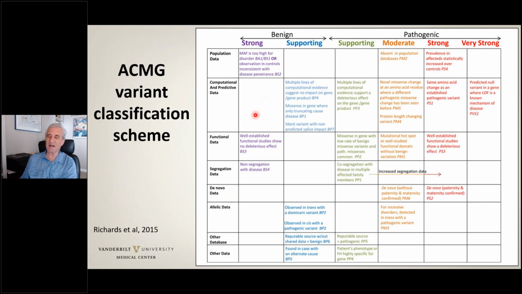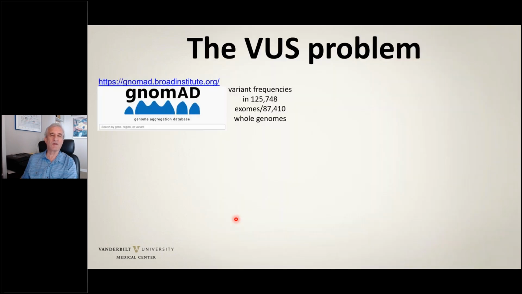There's an entry in each square of this large grid, and if I read them all to you, I'd run out of time. So I'm not going to do that. These are data that are widely available and support the idea that multiple kinds of evidence can be used to assign pathogenicity. So the VUS problem has, to put it in context, gnomAD, a large data set that lists variant